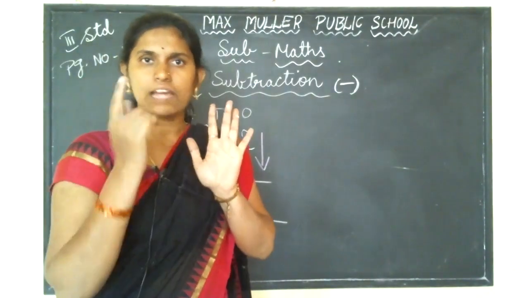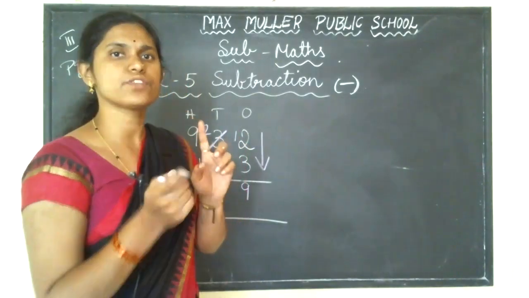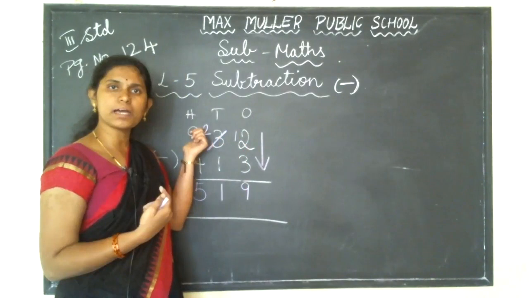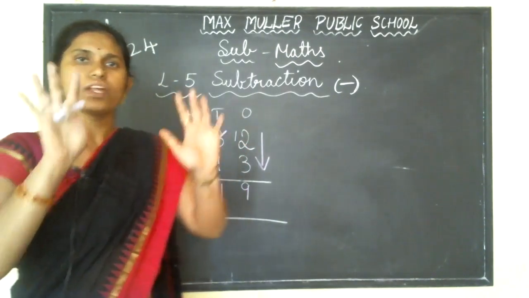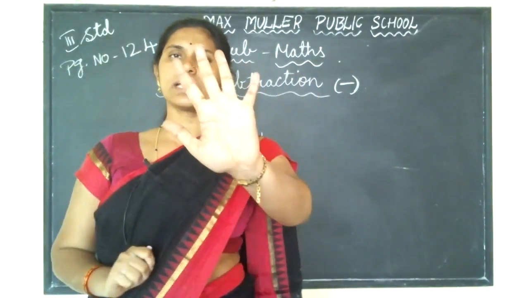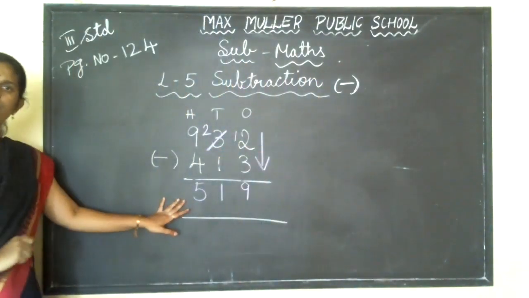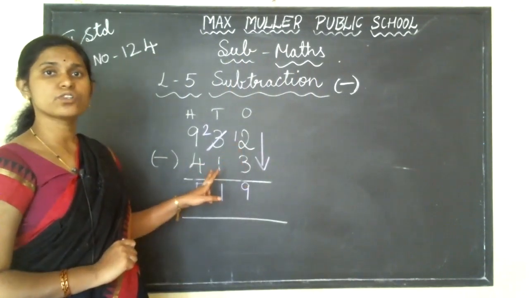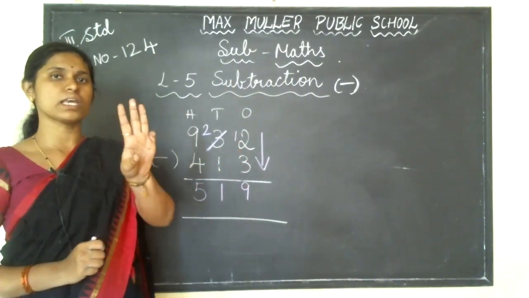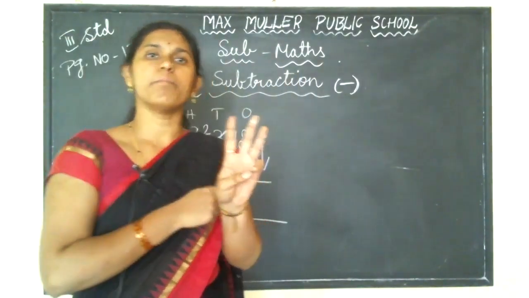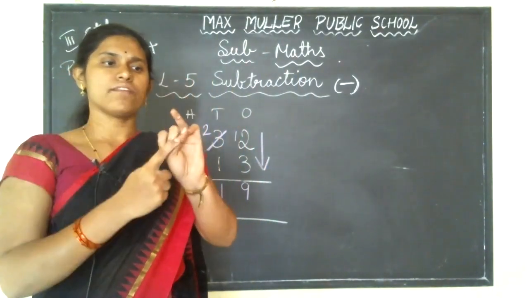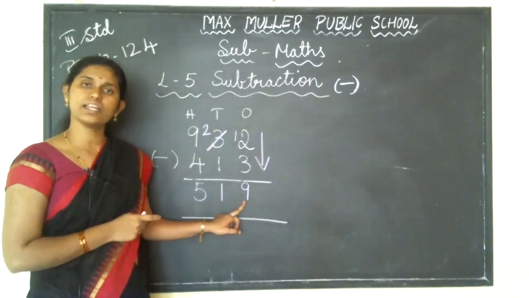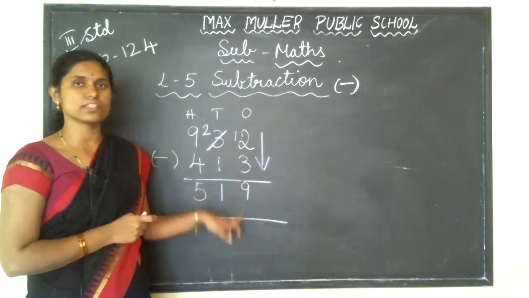When you get a bigger number, after 10, you don't have more than 10 fingers; 11, 12 you can't do. Then what do you have to do? You have to count backwards. Understood? When they give simple numbers, you can easily do it. From 9 you can minus 4. How much will you get? 5. So write down 5. This you can do easily, but this one you can't. So we'll keep 3 fingers and start counting backward. 12, 11, 10. The next number is 9. We write the 9. Understood, all of you, how I have done this one?